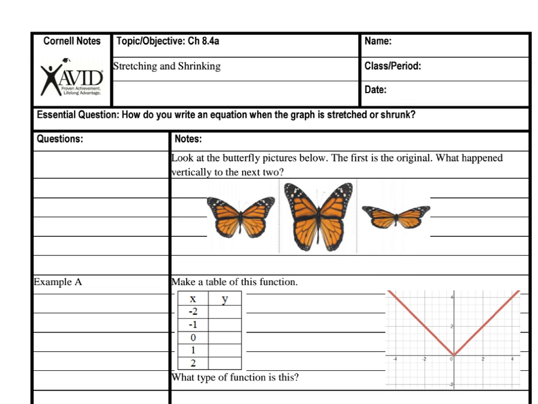Our lesson for today is 8.4a, Stretching and Shrinking. Essential question: how do you write an equation when the graph is stretched or shrunk? So the transformation we are talking about today is dilation. A stretch will cause our graph to get tall and skinny, and a shrink will cause our graph to get